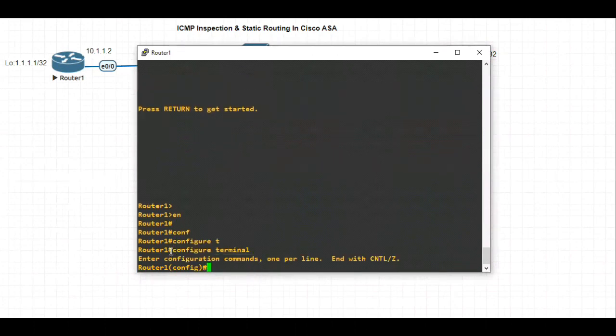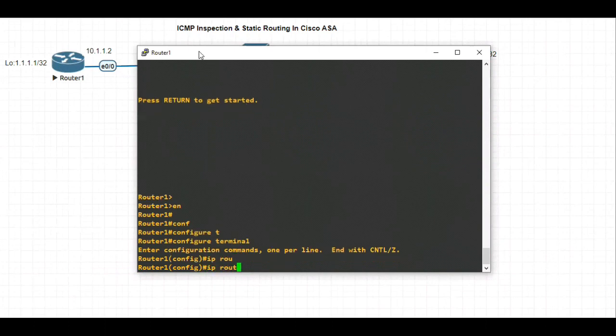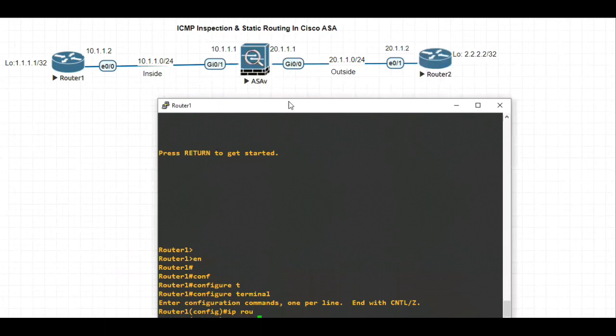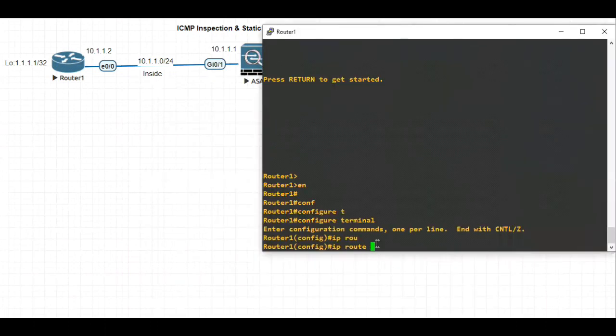And write the command IP route 0.0.0.0 0.0.0.0, and this is the IP address that it's passing through on the ASA firewall.